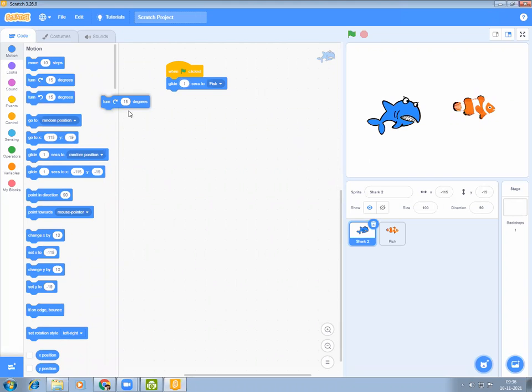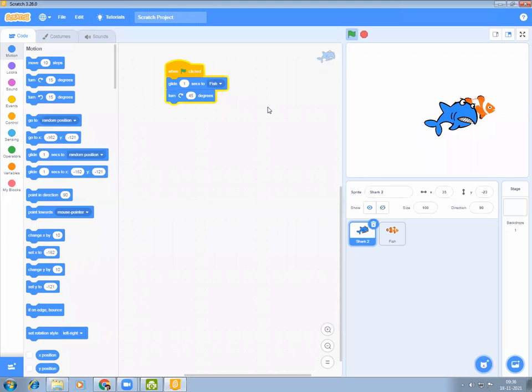Here. Turn 45 degrees. The shark turns 45 degrees. Again click it. Is not it?